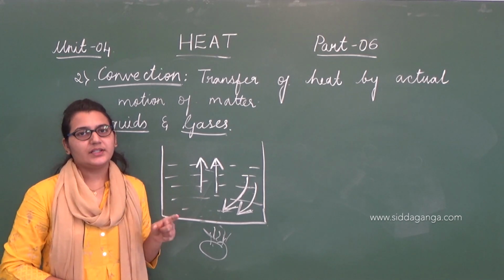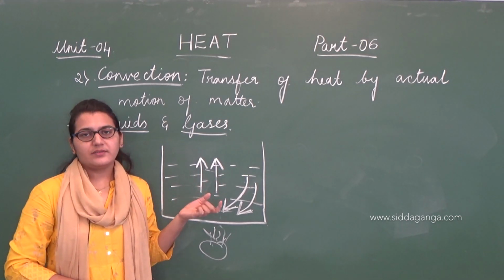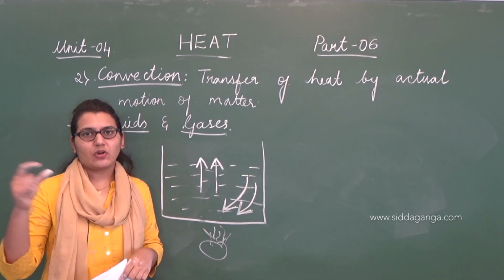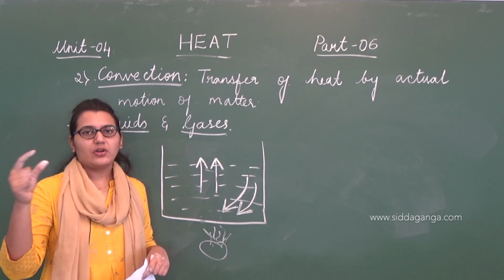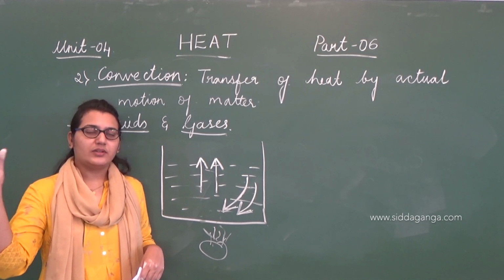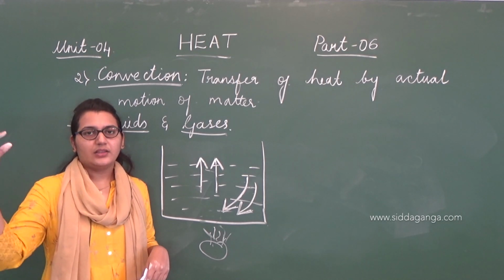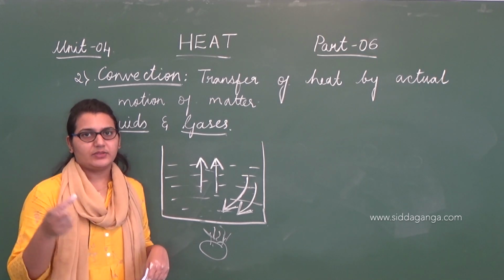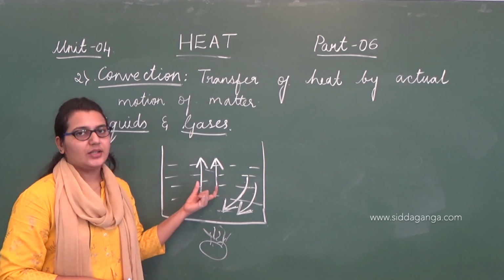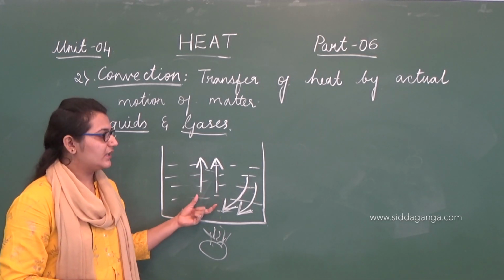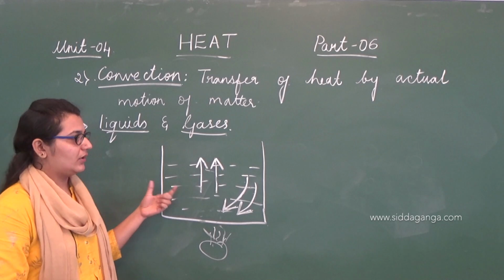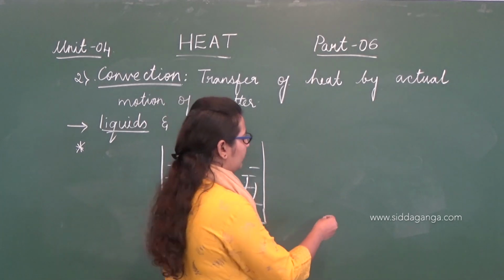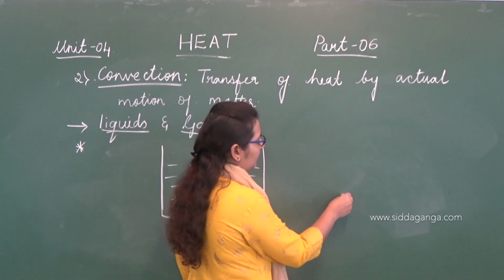Remember, in convection there is movement of molecules. In solids we have not seen any movement, right? In the candle and rod example, did the rod move from here to there? No, at one end we kept the candle, that end got heated up, the heat transferred just like that, and the other parts of the rod got heated up. There was no movement. But here we can clearly see the movement of molecules, hence there is heat transfer because of the movement of particles. This is in the case of liquids. In the case of gases, it is the same.